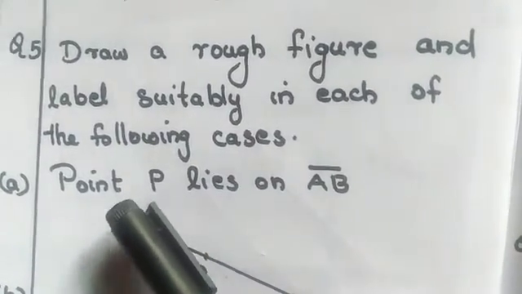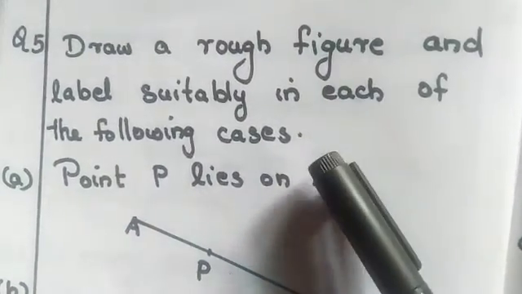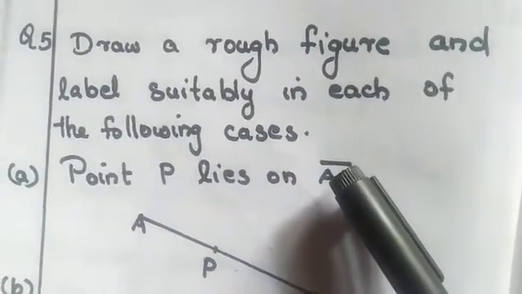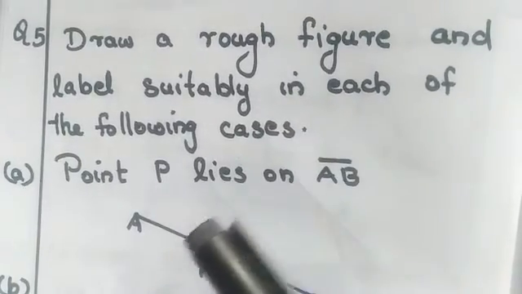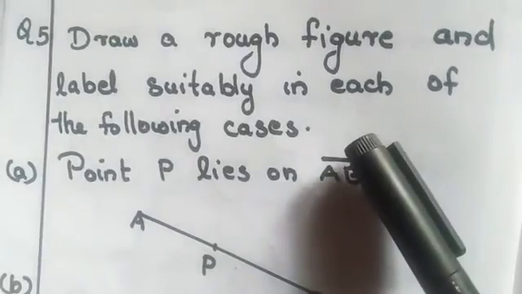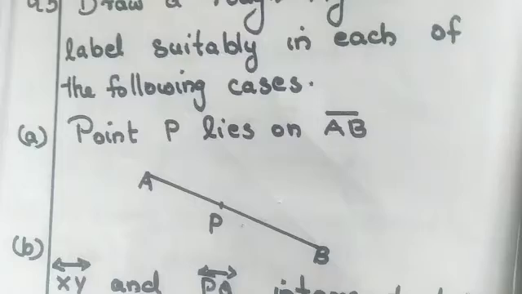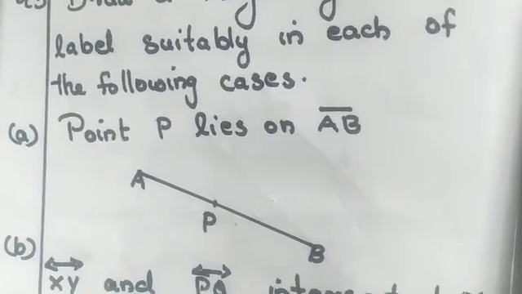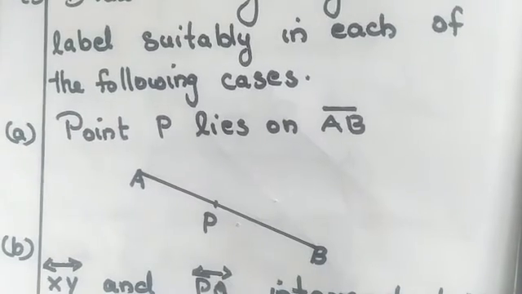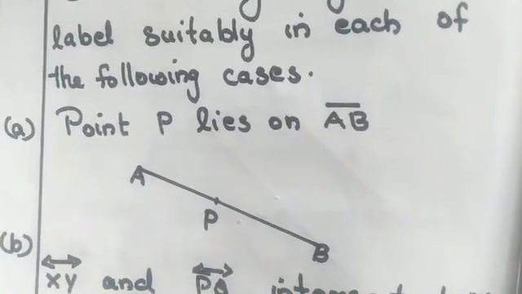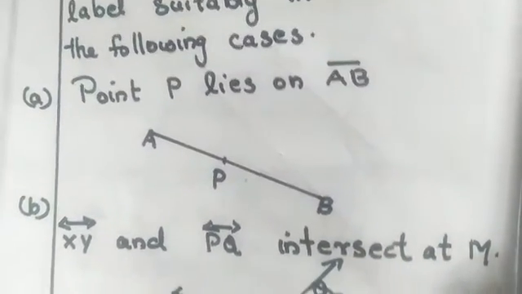First one, point P lies on AB. This is simple. This is the symbol for line segment. So, line segment AB first we will draw, then mark a point P. Can you see here? This is the figure for P lies on the line segment AB. Okay. Next one,